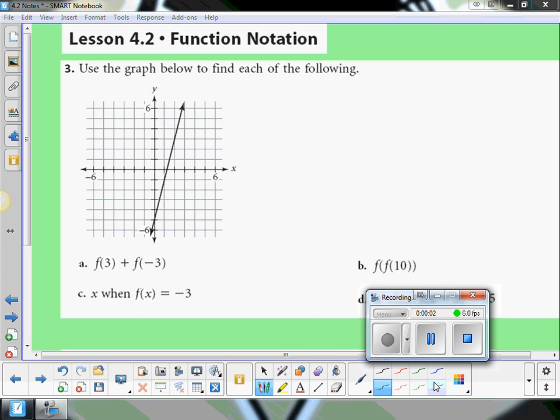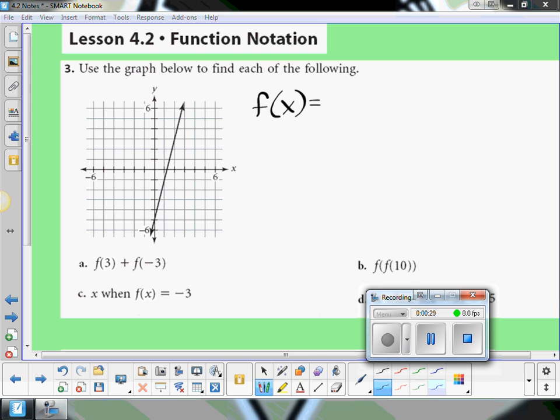Number 3 on the green worksheet for 4.2, basically you start out with this function, and what kind of function is it? What kind of graph do you see? Which shape is it? It's an increasing, and what kind of shape? Is it a parabola? It's just a line, right? It's just a line. Okay, so this is a linear function,